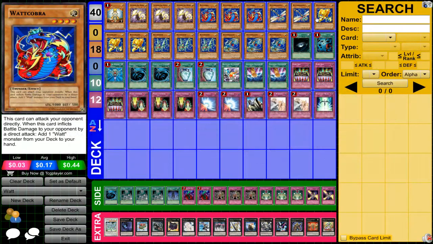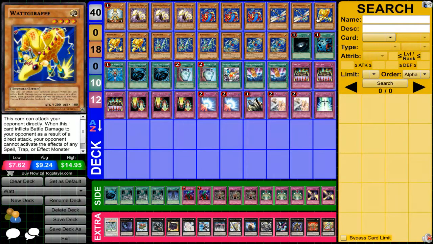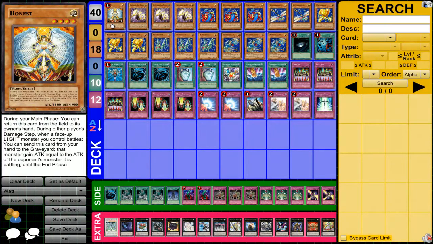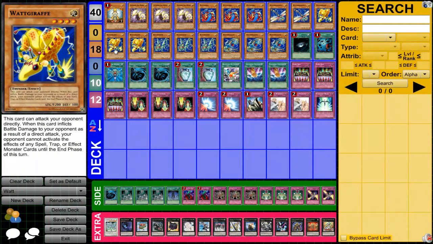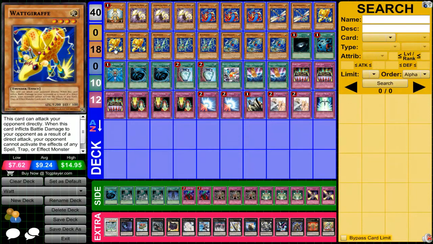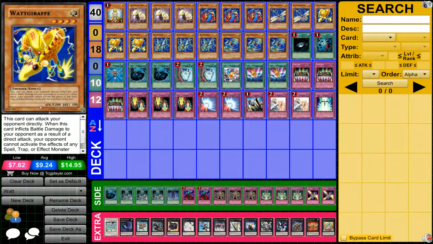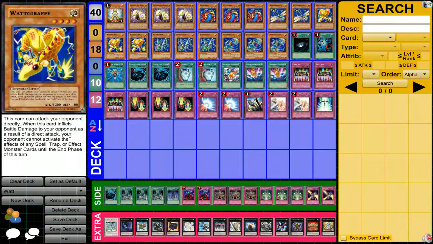The next card we have is Watt Giraffe, the most powerful monster in the entire deck. That really fights, because Thunder Seahorse doesn't battle very much, and Honest doesn't, but he's lower. But yeah, he's at 1200 attack. He can attack directly. He has the secondary effect, which is similar to Watt Pheasant's effect, in that it never really comes into play. But after it damages your opponent from a direct attack, they can't activate any spell, trap or monster effects until the end phase, which is interesting,